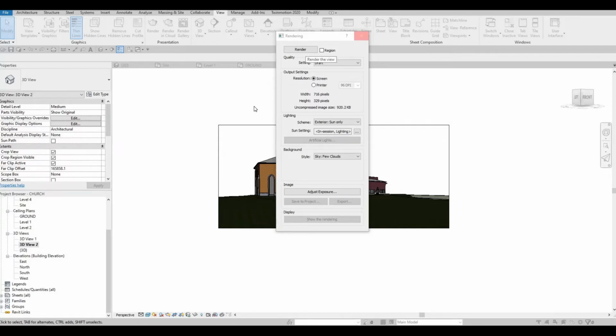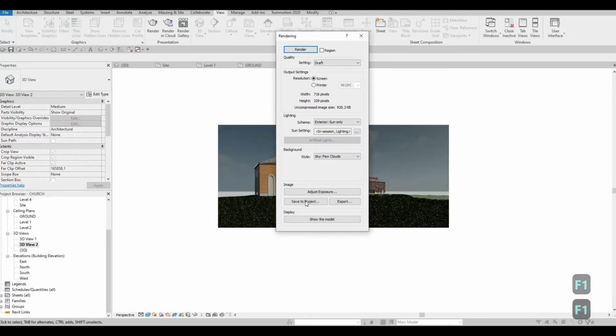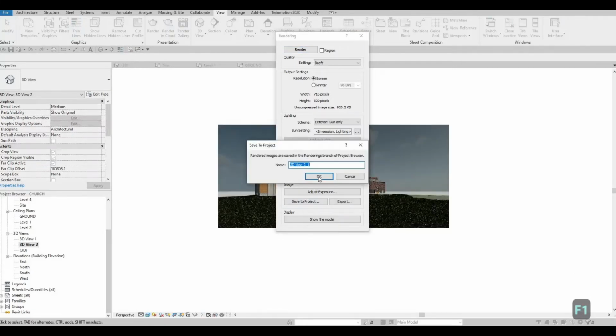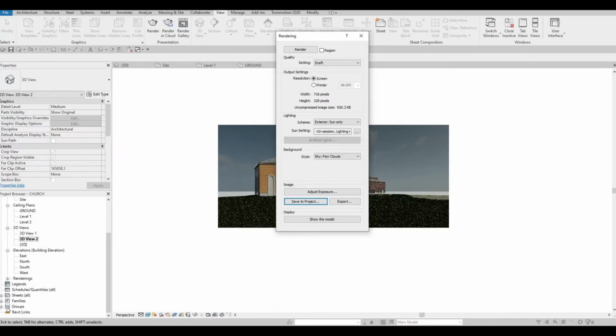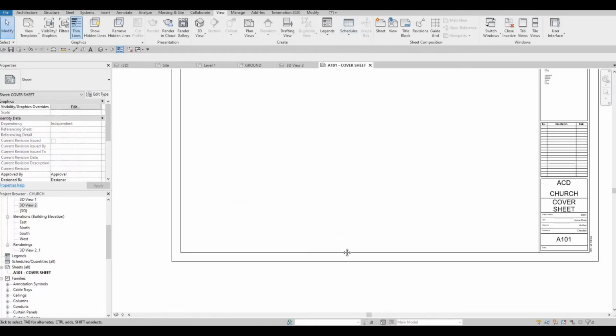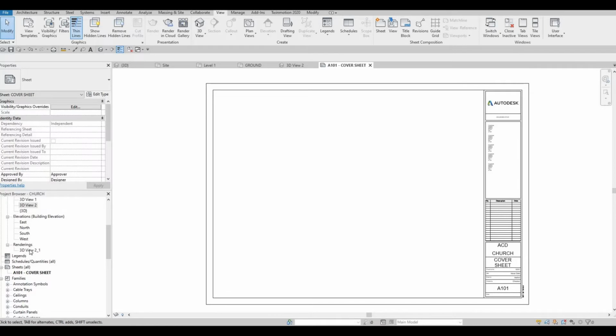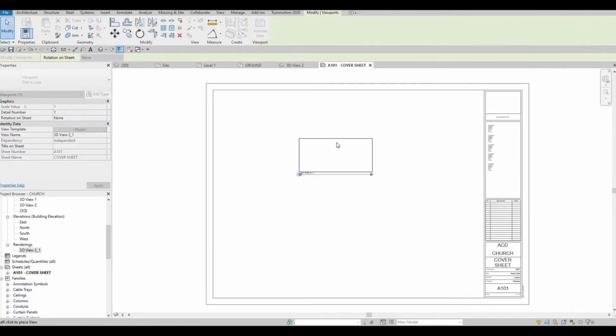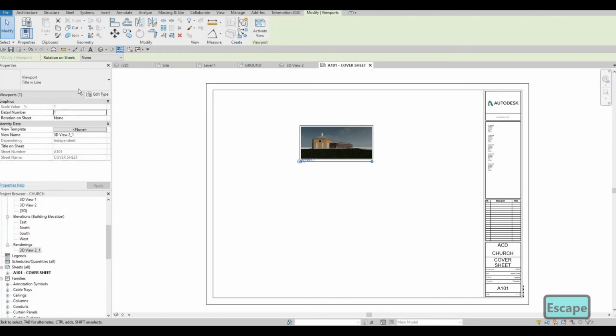So I'm gonna pause it right here. So once it's ready, you can save it to the project, and then this will be the view. So it will be right here. So look for, once you save it, there will be another rendering view here. We can then go here to our cover sheet, and then after that just drag and drop. Here I'm gonna select no title,